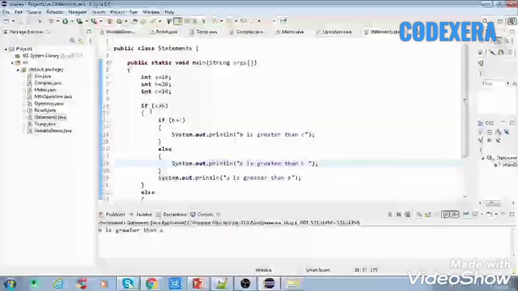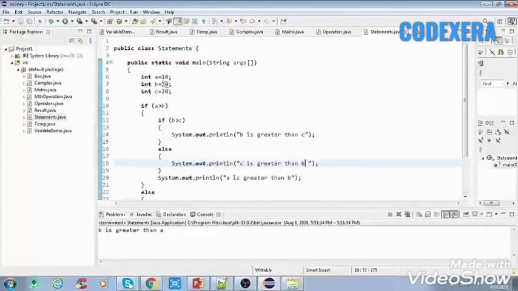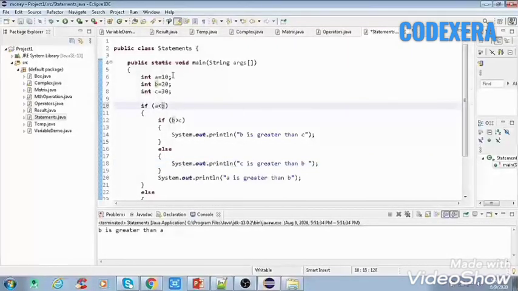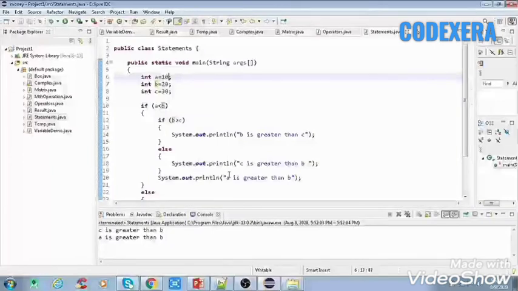So it will go in this condition and check whether a is greater than b or not. Here a is not greater than b, that's why it will go to the else block and execute the else block. Now if I write this like a is smaller than b, now we'll run this, and here we are able to execute two outputs. How?